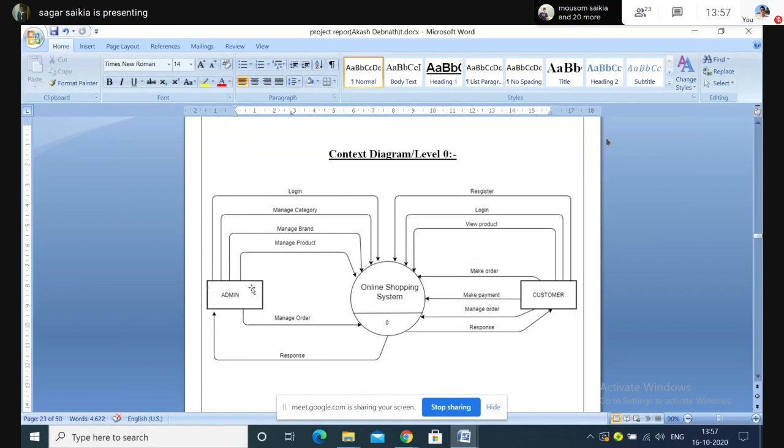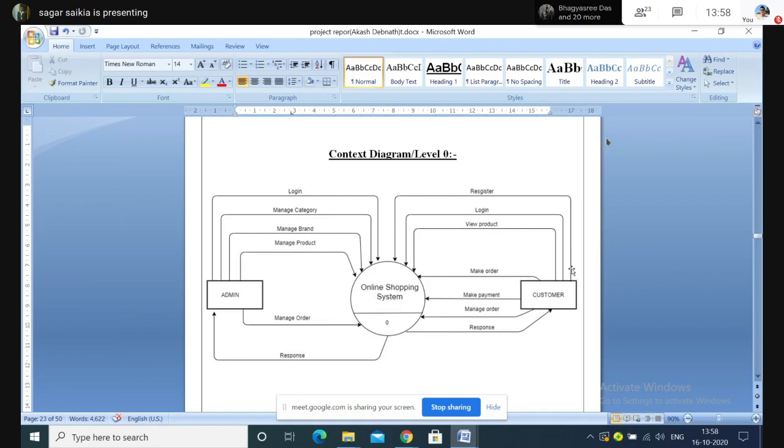He will be able to manage various information, like for example category. So manage here in this context means he can add, update or delete accordingly. Manage brand means same thing, he can add, update, delete. He can view as well. Manage product, same thing. And manage order also, you can check who are the ones who have made the order and so on. So it will give you just an overview only, it will not say that add this, do this. So that is the reason this is there.